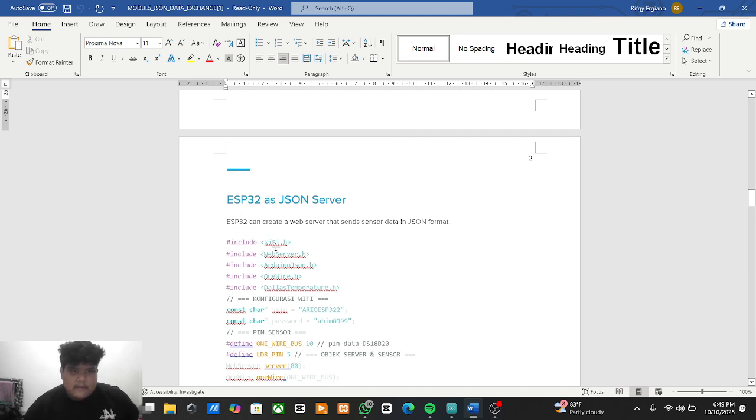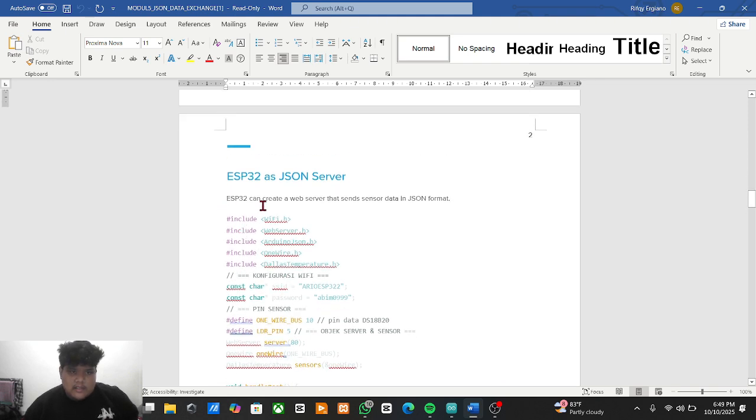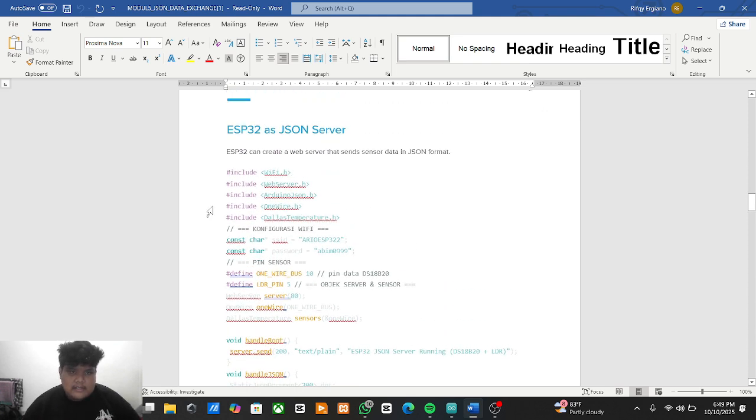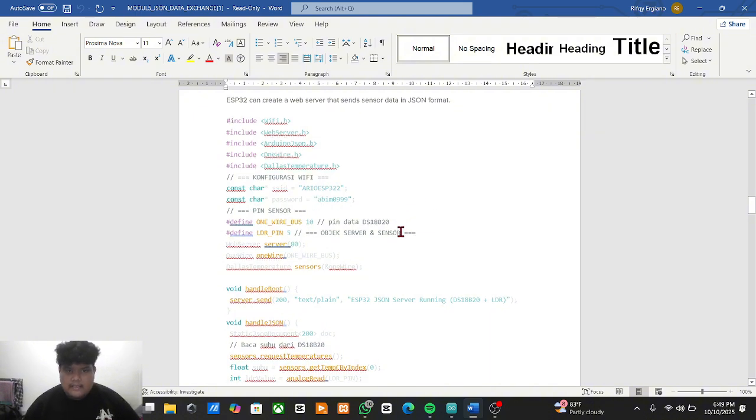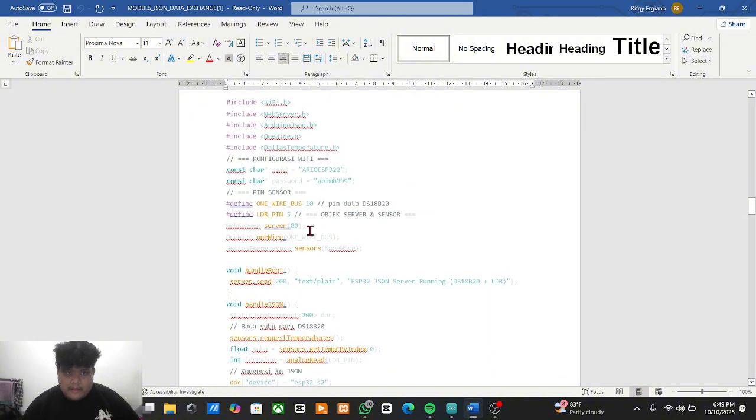ESP32 as JSON server. Here is the code. The ESP can create a web server that sends sensor data in JSON format. This is the program code: include the library, and then the constant char for the SSID and the password to connect to your Wi-Fi device.